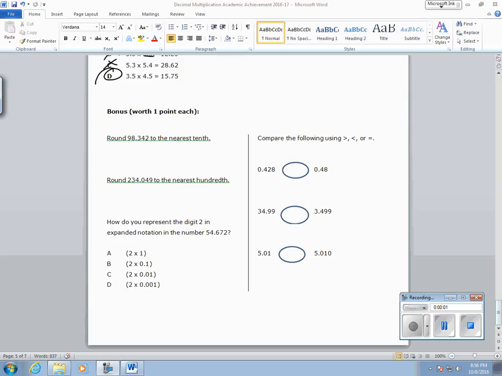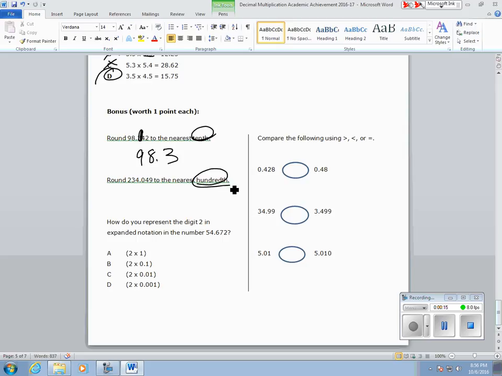Okay, bonus question worth 1 point each. Simply, this is stuff that you've already had on many tests. You're rounding to the tenth. We know that the tenth is always this particular digit, so it would be 9.3. You're rounding to the hundredths. We know that the hundredths is this digit, so you're going to be